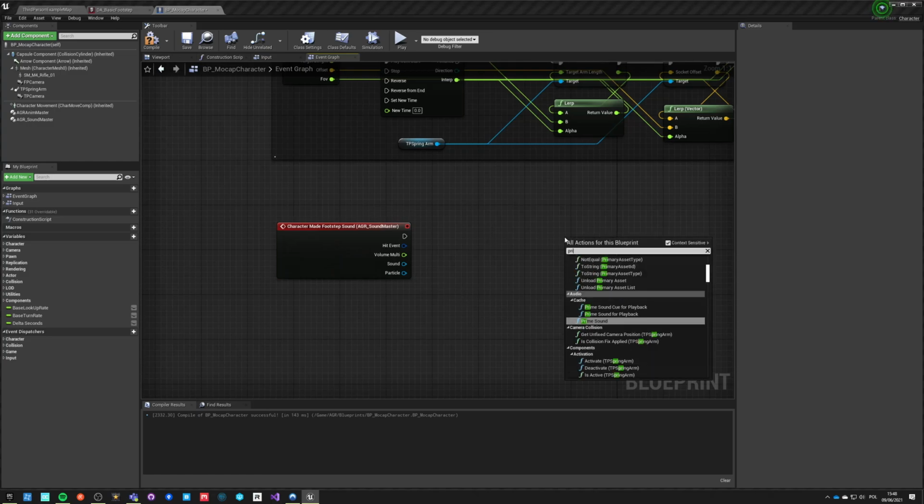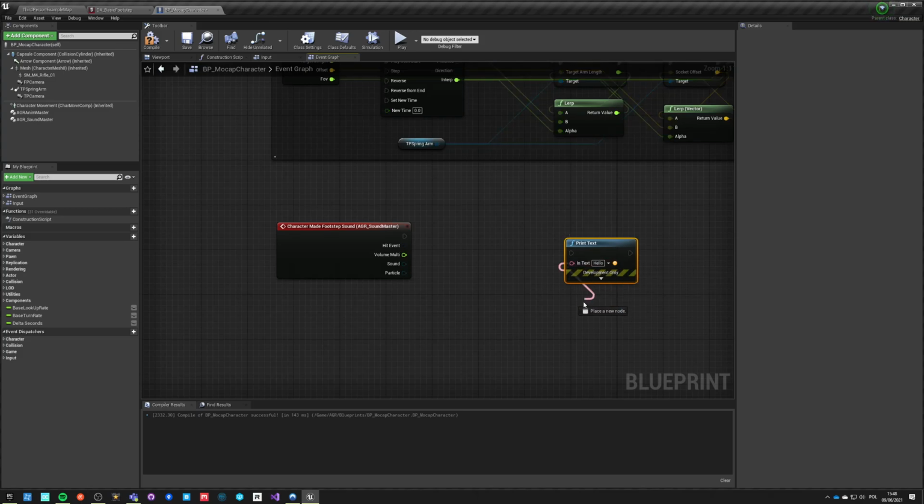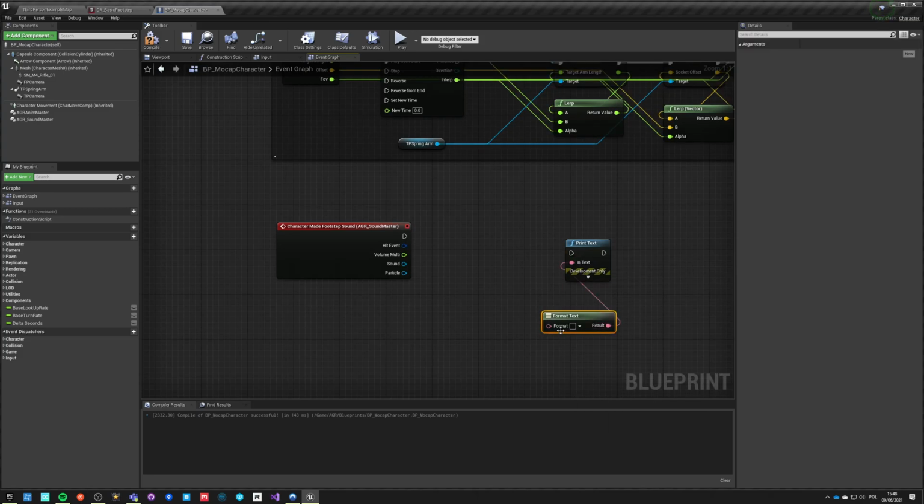happens. So I can do a print text, and I can do a format text, and I can provide you with a lot of information about the footstep itself. So I can say surface 0, then I can say volume 1 and location 2. Okay, so those three informations, I can go from here,